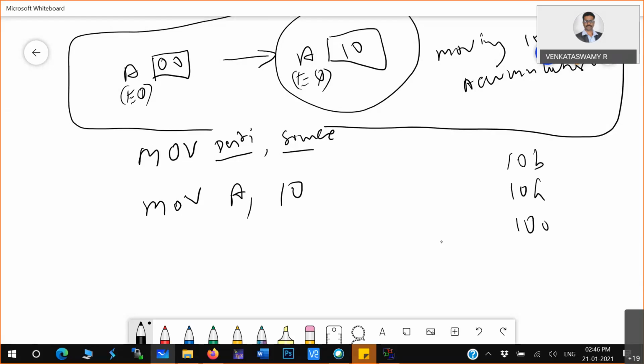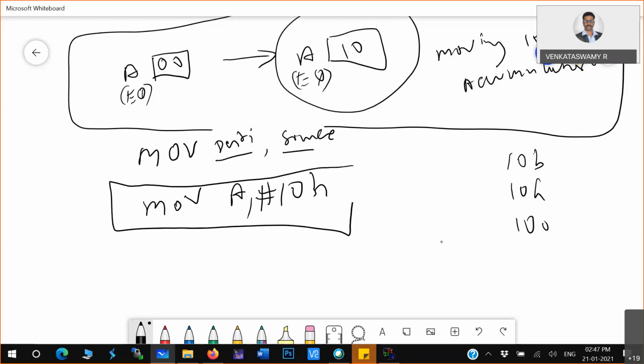So postfixing the H indicates that you are copying a hexadecimal value. Since this 10 is a hard-coded constant value, you use the hash symbol to indicate a constant. When you execute this instruction in a microcontroller, the 10 value will go and sit in the accumulator.